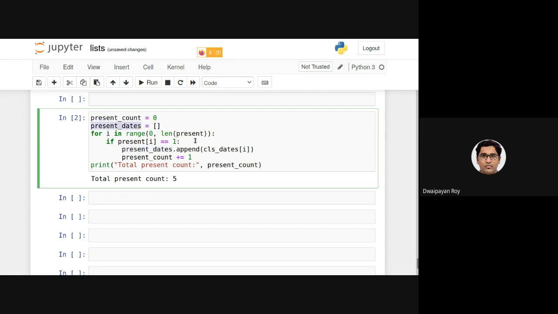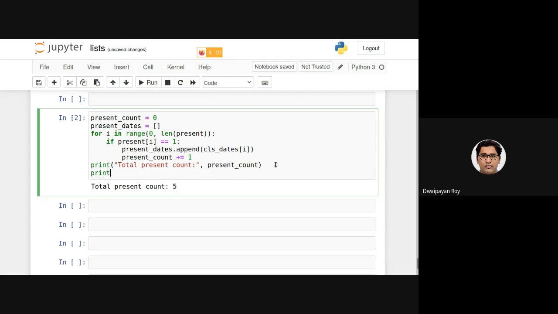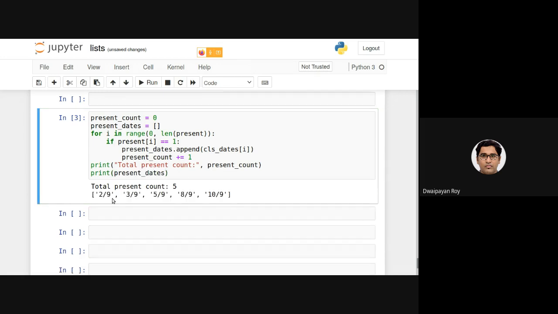I'm traversing all the items in the present list. Whenever it is present, I take the corresponding date stored in cls dates and append that date to this list. Finally, if I print present dates, it will print the dates in which the student was present.